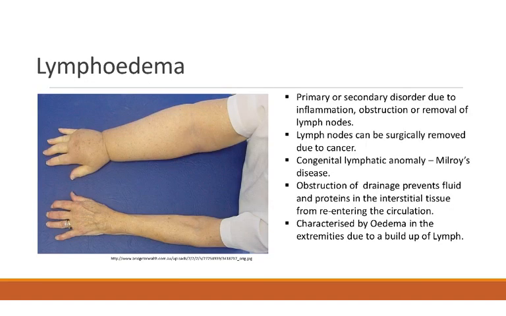Now let's have a look at lymphedema. Lymphedema is a primary or secondary disorder due to inflammation, obstruction, or removal of lymph nodes. And often lymph nodes can be surgically removed due to cancer. Now I'd say this image here is very typical of a lady who may have had lymph nodes removed due to breast cancer,